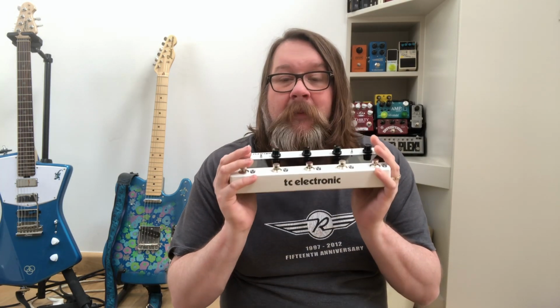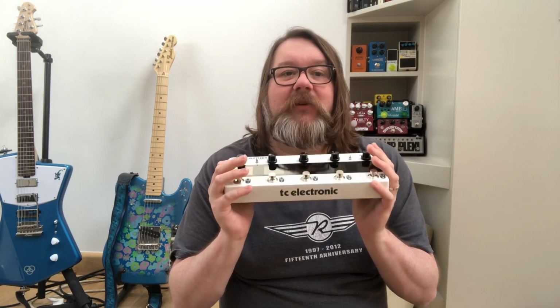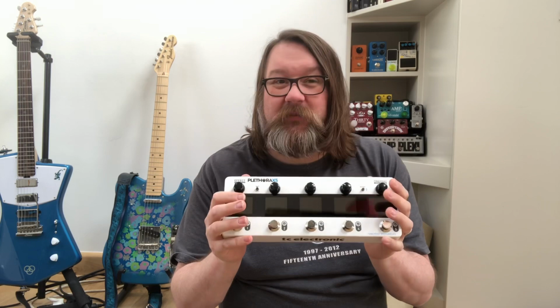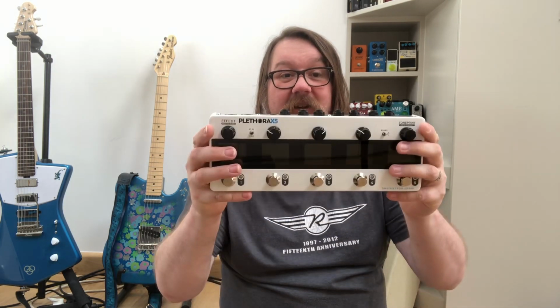So that's the octaving pedals that I was using before that it replaces. It replaces the Whammy. It replaces pretty much all the modulation, although we'll come back to that. It replaces the delay and it replaces the reverb. And as you can see,